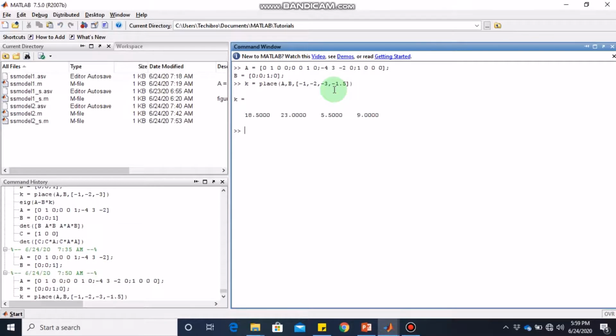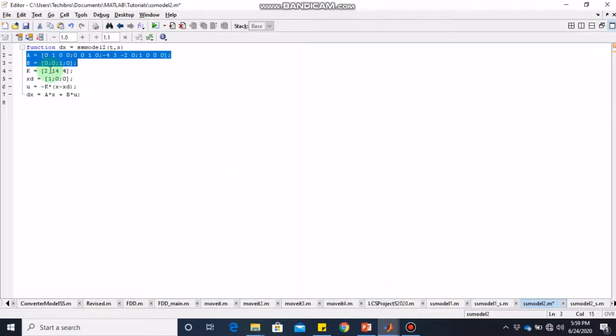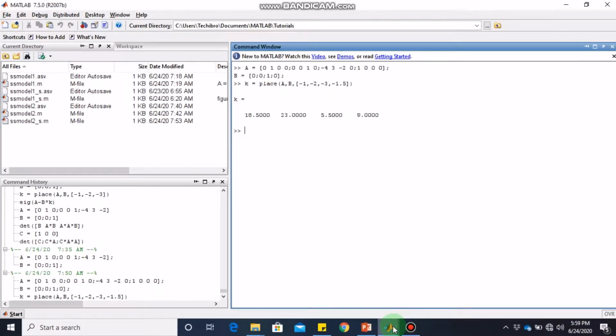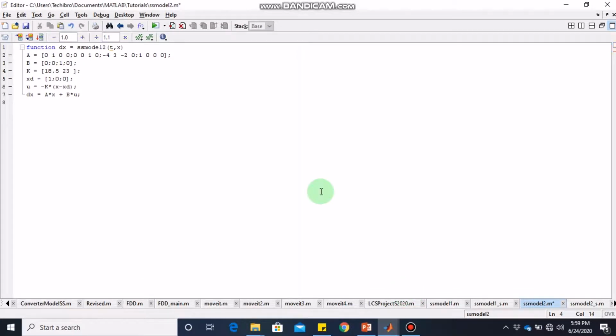So here is my control gain: 18.5, 23, 5.5 and 9. So my new control gain is 18.5, 23, and what was that, 5.5 and 9. So I go there, so this becomes 5.5 and 9. So this is my new control gain, and my desirable value will be, since I have 4 states and